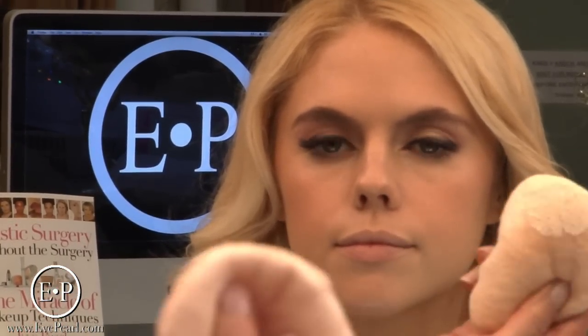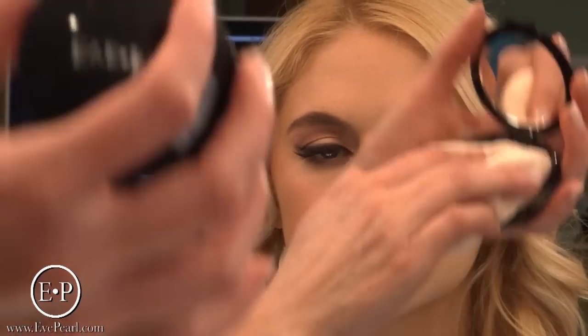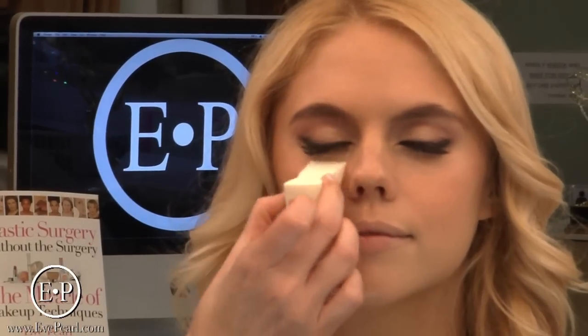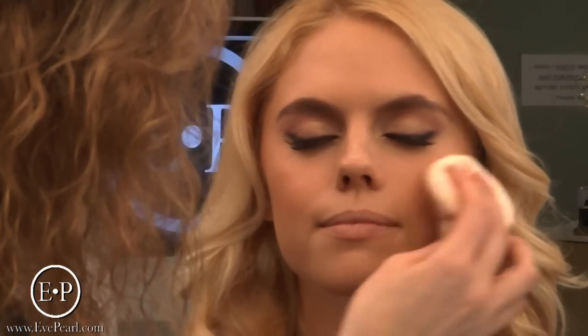Okay. We are going to take now a puff. We're going to take the loose powder fixative. We're going to put a tiny drop of this in the puff. And then we're going to put this into the neutral mattifying pressed powder, the redness reducer. And we're going to just go like this. And we're also going to take the little dry sponge and take a little bit from here. We're going to do your under eye area, and then we're going to take the puff and make sure that we...